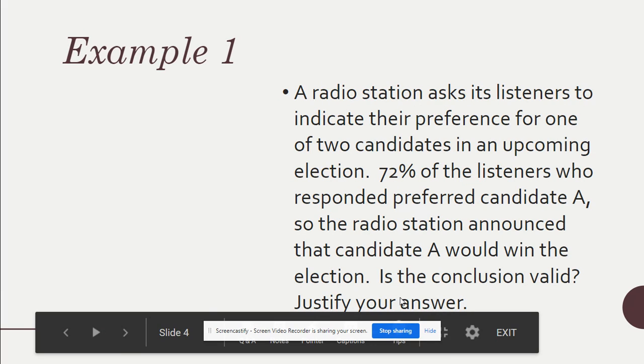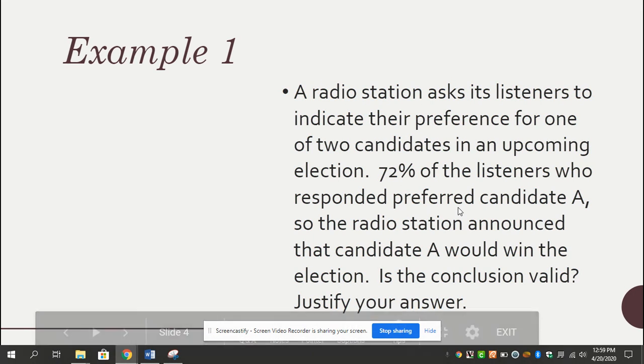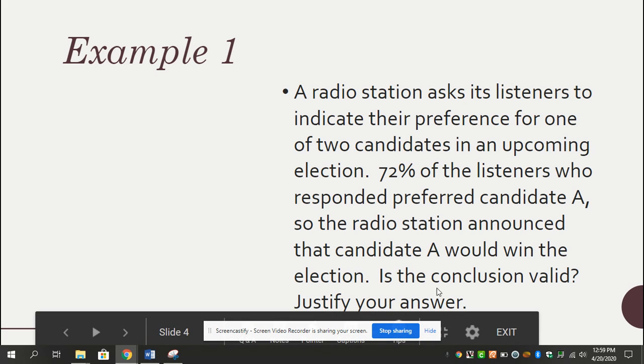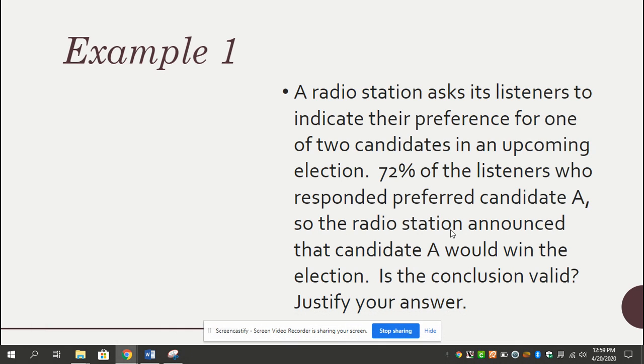All right, so moving on, we're going to talk about this first example here. A radio station asks its listeners to indicate their preference for one of two candidates in an upcoming election. 72% of the listeners who responded preferred candidate A, so the radio station announced that candidate A would win the election. Is the conclusion valid? Justify your answer. So in this one,